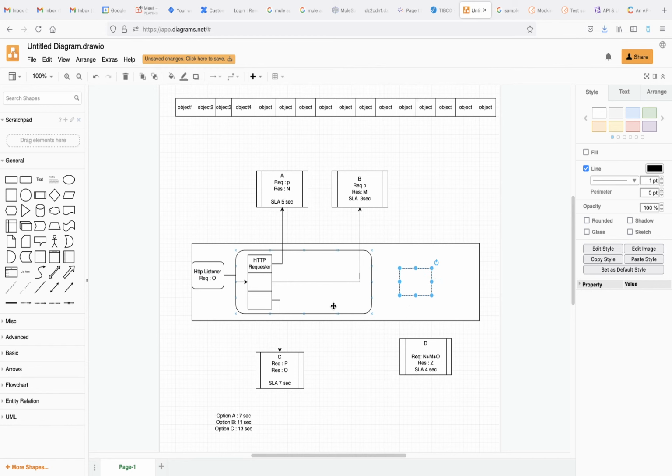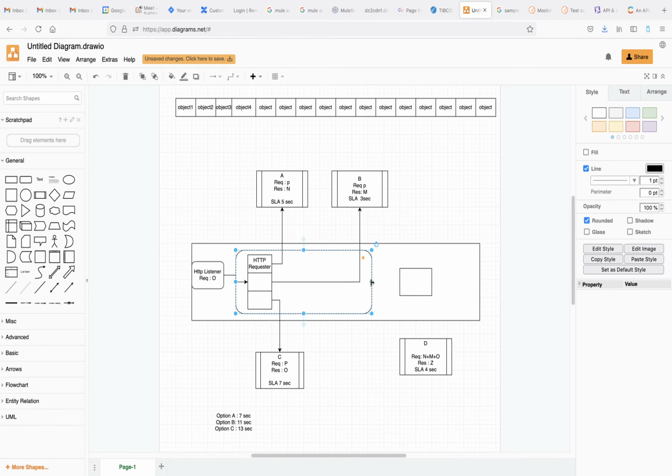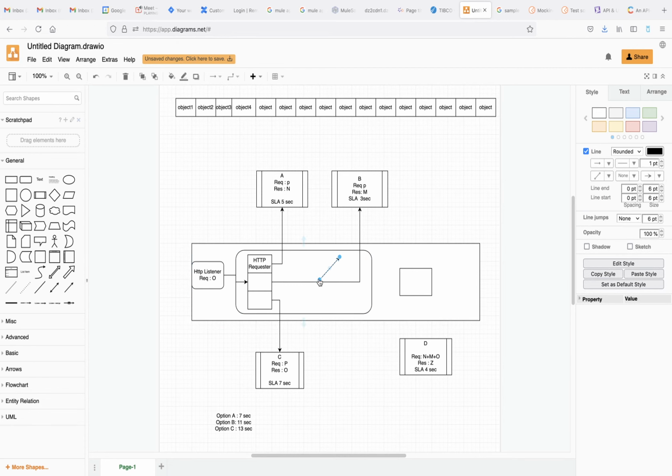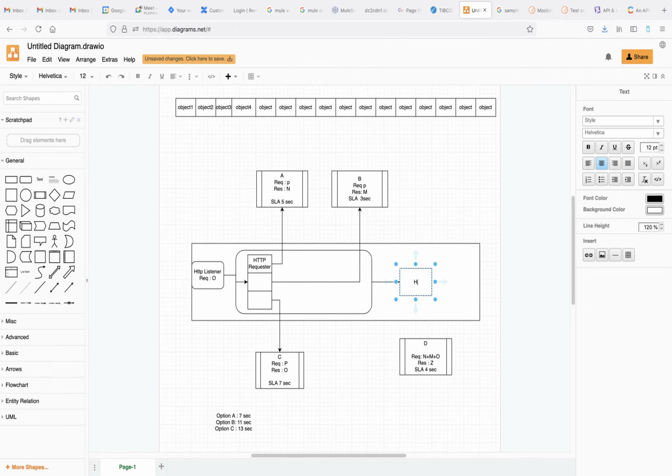Now at this place we will have all these responses N, M and O, which are required to call this API. So here we will again use an HTTP requester, and here we will call this API.